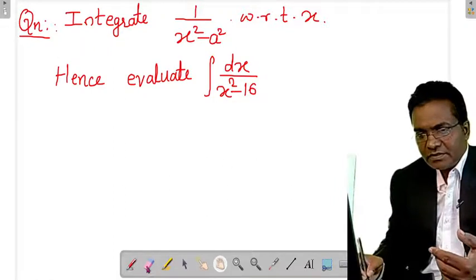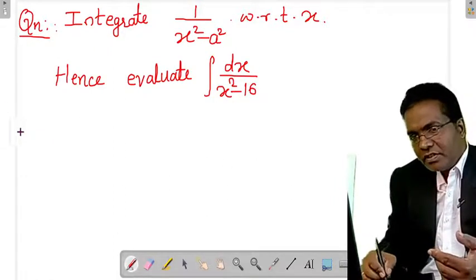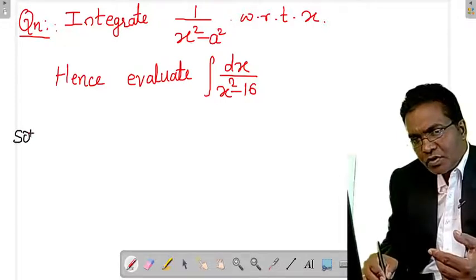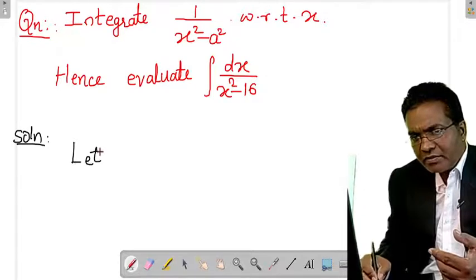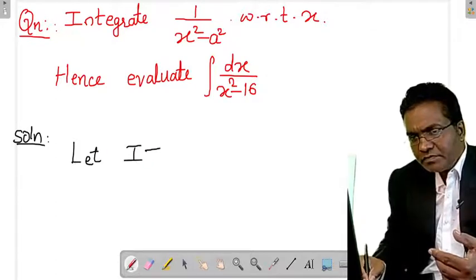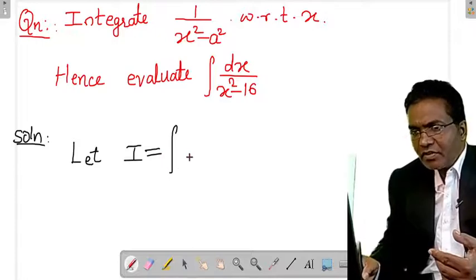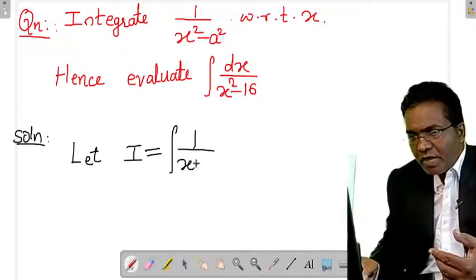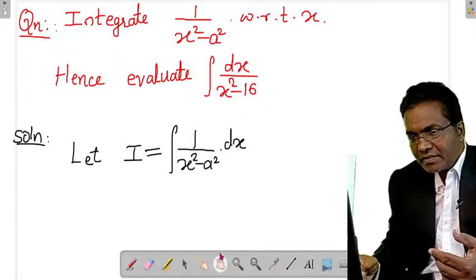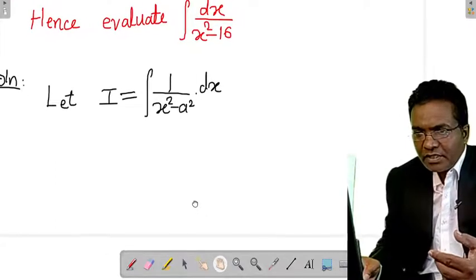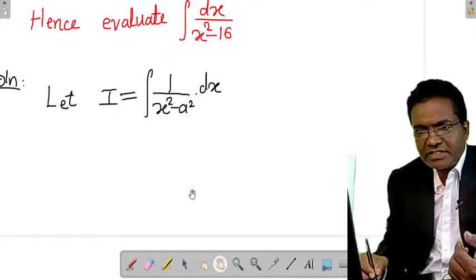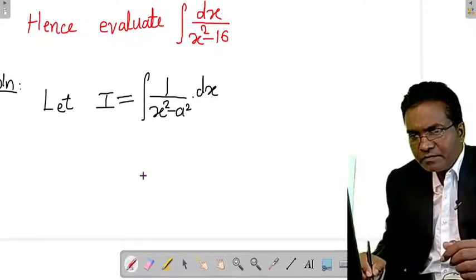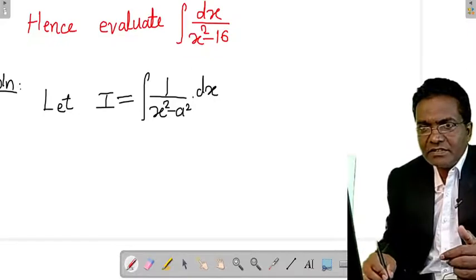Now see here, first let us call I equals integration of 1 divided by x square minus a square into dx. Now this can be done in 2 ways, by considering partial fractions that we are going to study in the next session. But right now, as you don't know partial fractions,